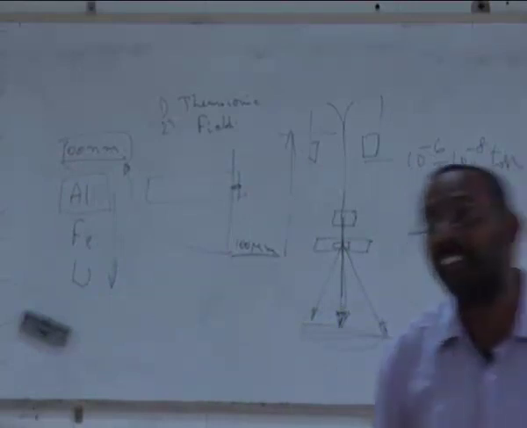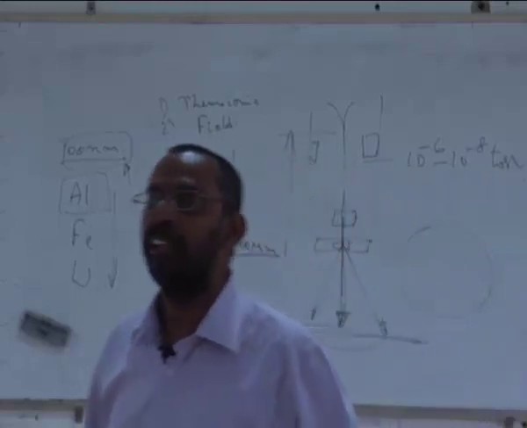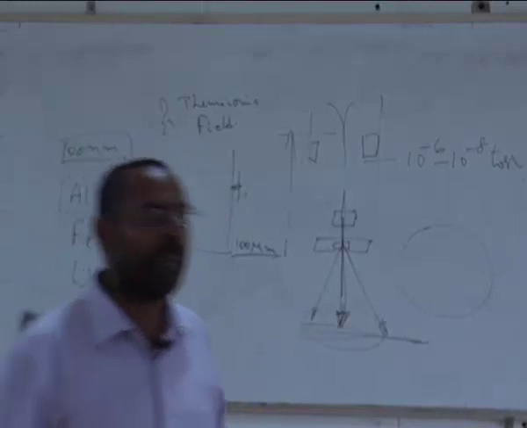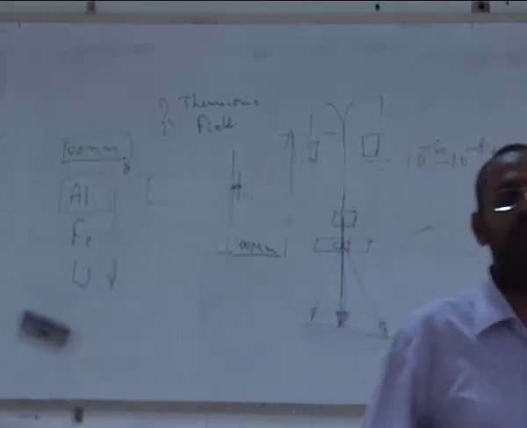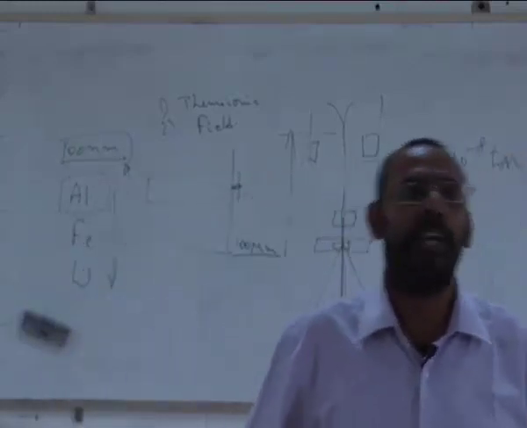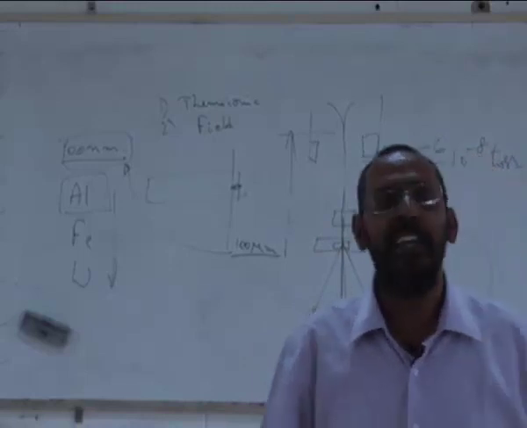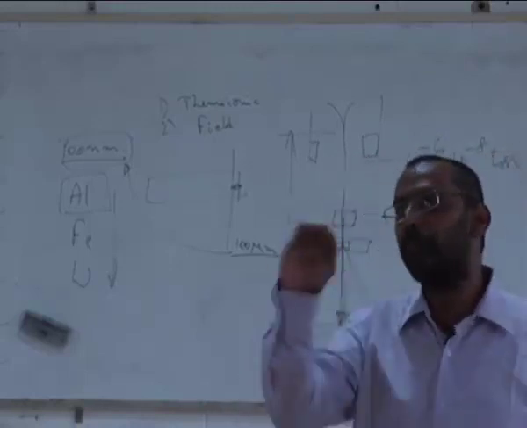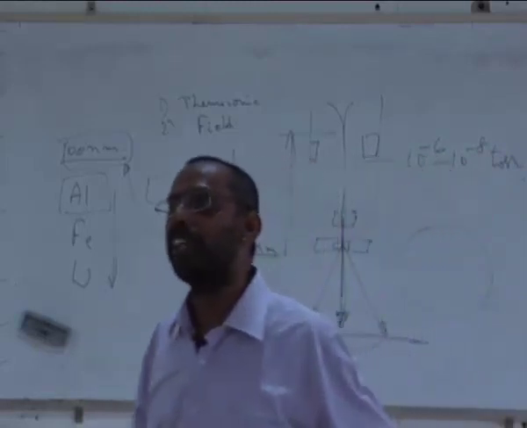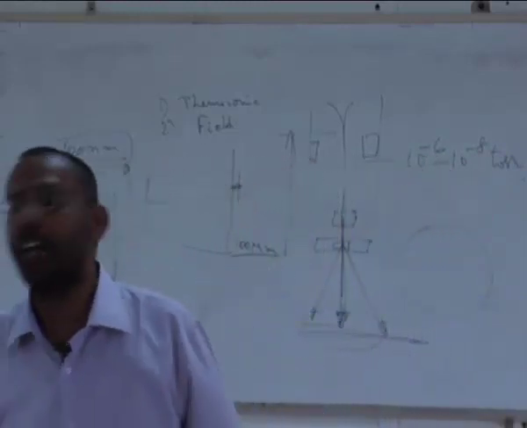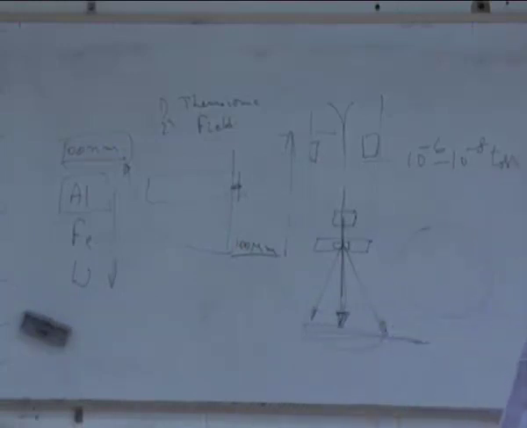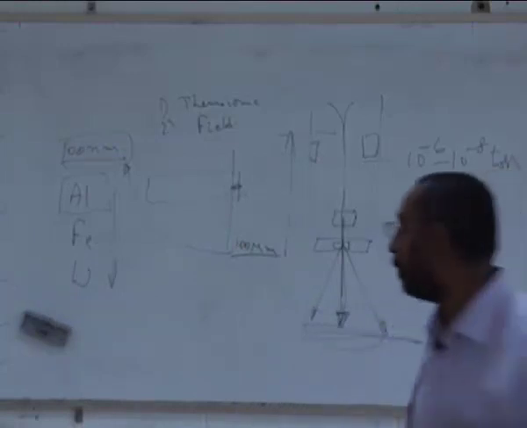So then I asked her exactly how she prepared the sample. That is when I realized that their cutting machine cannot prepare any sample thinner than 500 microns. 0.5 millimeter is the smallest thickness that they can get. And from that 0.5 millimeter, they do polishing on a belt grinder to bring it to around 100 microns. And obviously, you introduce a lot of defects. So these are the things one has to be very careful about.